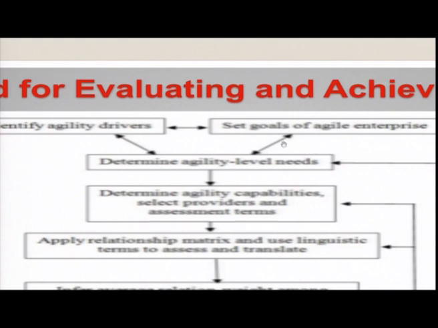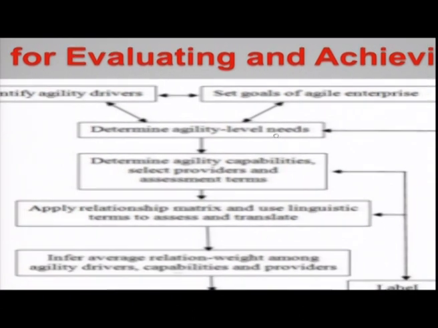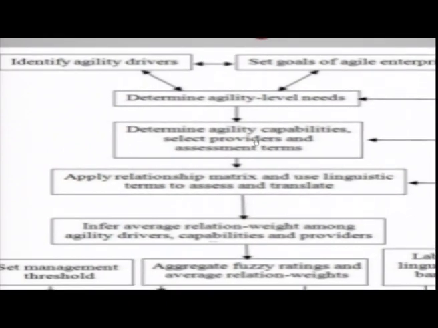So you need to set the goal for the agile enterprise. After identifying the agile drivers, we determine the agility level needs, and after determining the agility level needs, we are supposed to determine the agility capabilities, and we are supposed to select the providers and the assessment terms, how we are going to do the assessment, and then we need to apply the relationship matrix and use linguistic terms